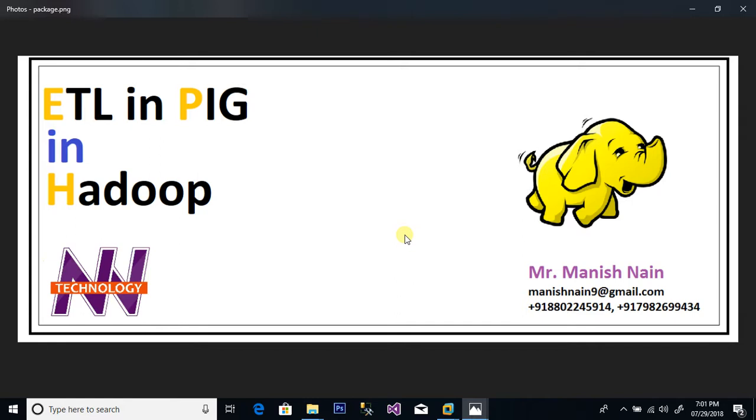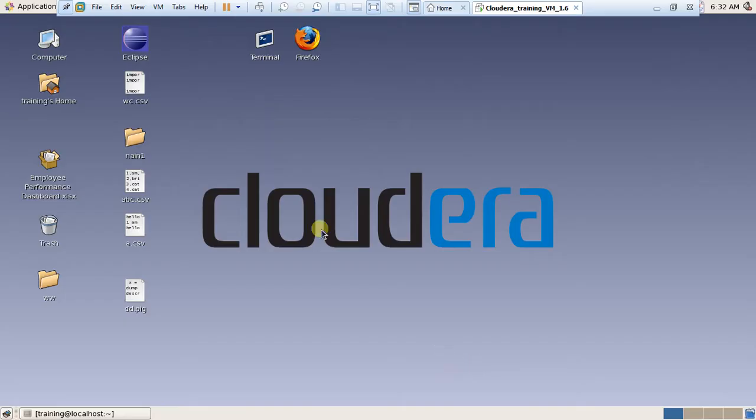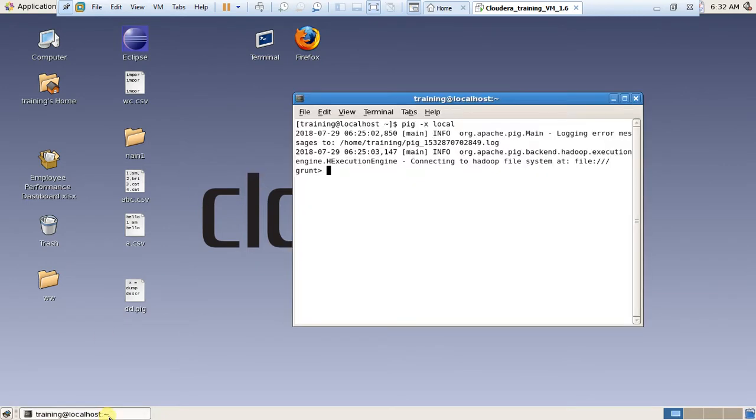So for this, what is the meaning of ETL? Extract, transform and load. I mean to say open data, then change data from one format to another format and then load the data. Okay, so just open my software Cloudera. I already told you about Pig local mode, right? So firstly I load data,